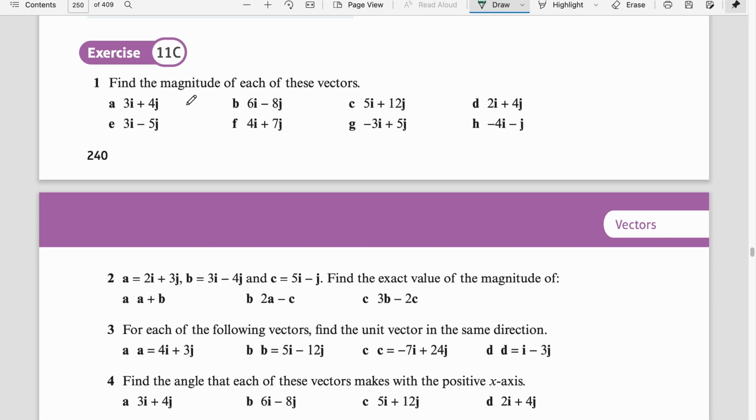This question says find the magnitude of each of the vectors. So let's see, both of these values are negative. x is negative 4 and y is negative 1. So this is 4 and this is 1. If we find this angle, tan theta is equal to perpendicular over base. So theta is tan inverse of 1 by 4, and the angle would be